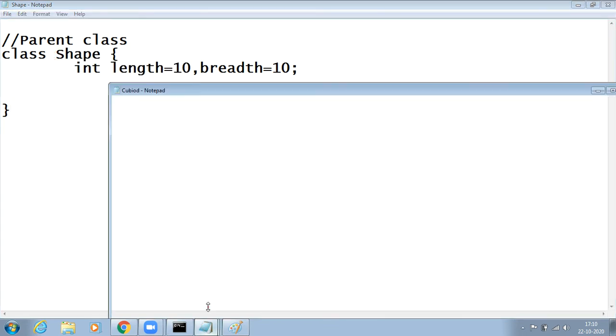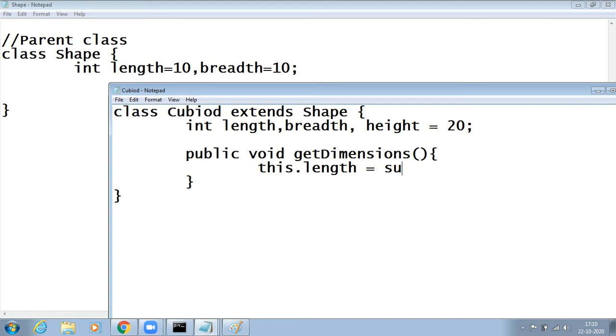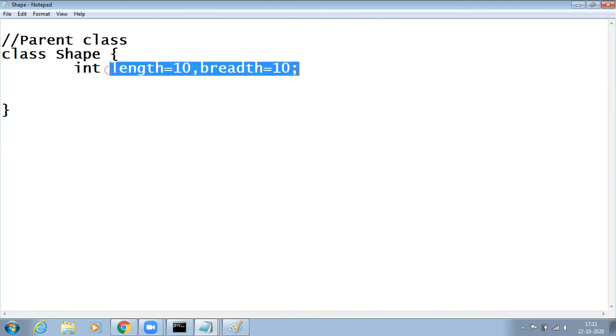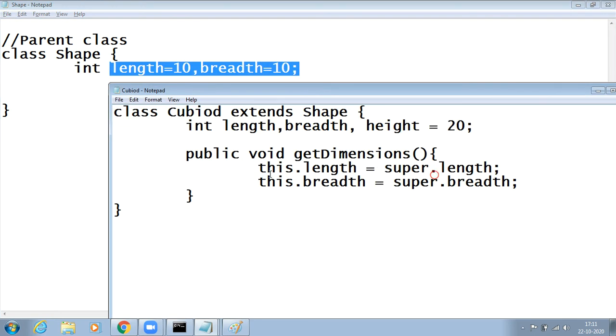To take that, I have to use a keyword called super. So I say super.length, and in the same manner this.breadth equals super.breadth. This is a way of accessing superclass data in the child class called Cuboid. The child class again has its own properties and methods.